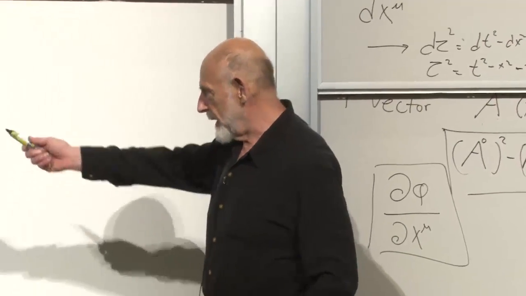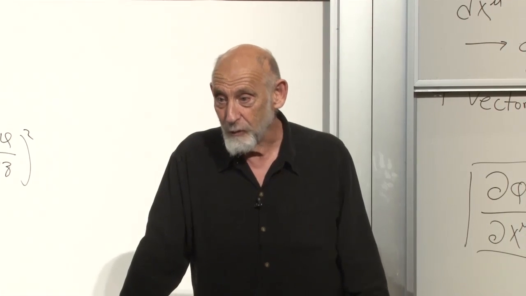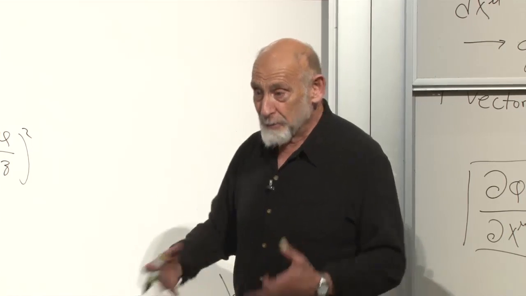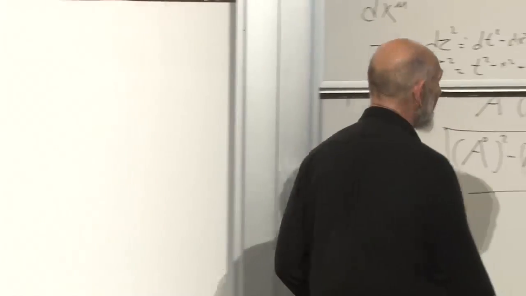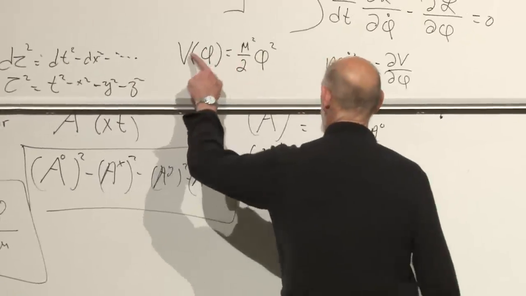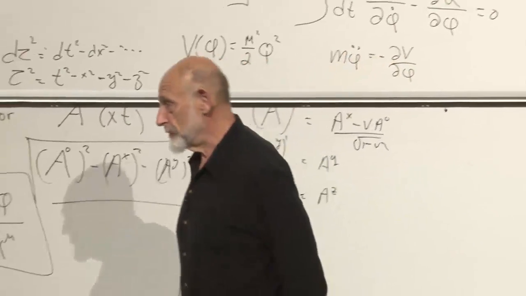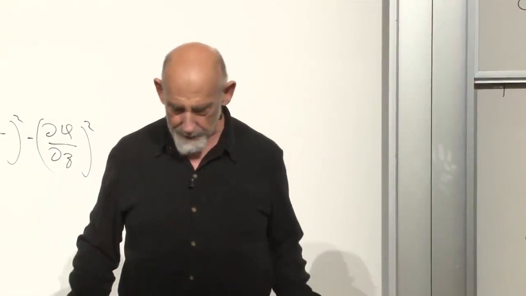You can certainly put the mass in there, but mass of what? Whose mass? You can put numbers in. Numbers are perfectly good things to put in. We did that already. We said, look, let's take V of phi to be mu squared over 2 phi squared. We put a number in. So yes, you can put numbers in, just numerical constants.